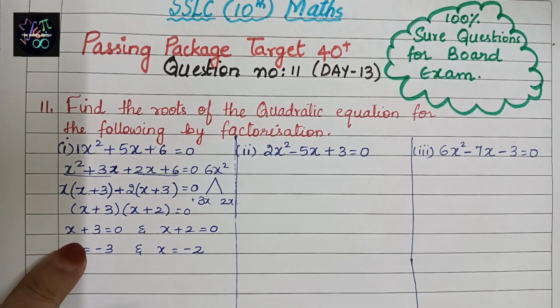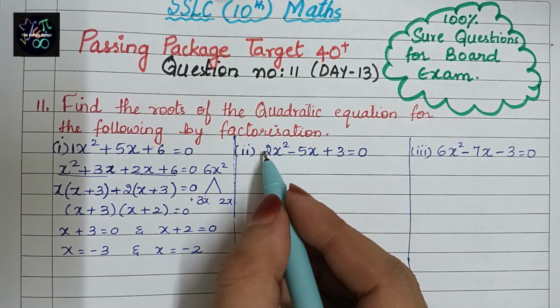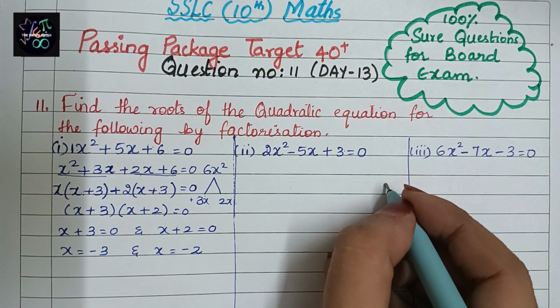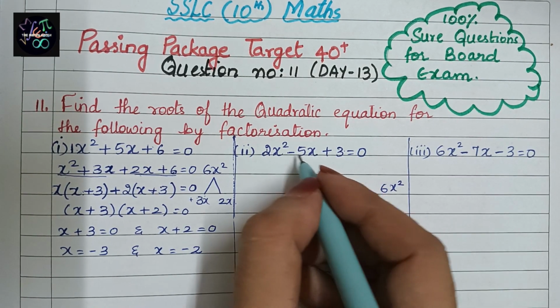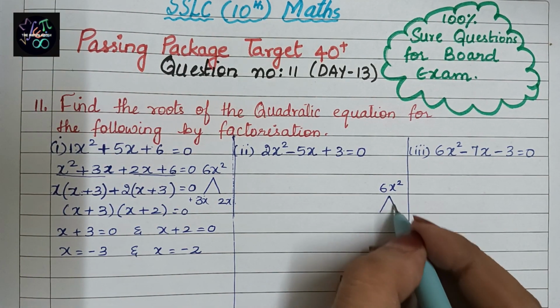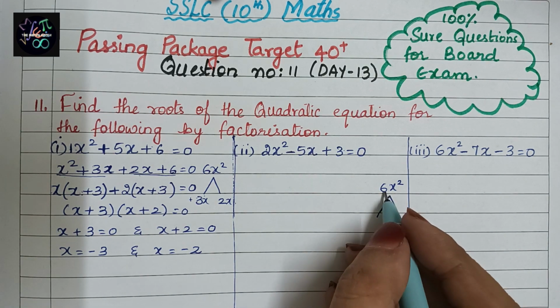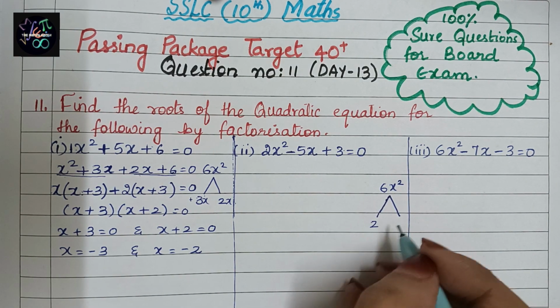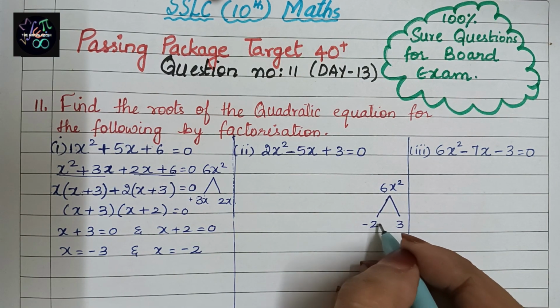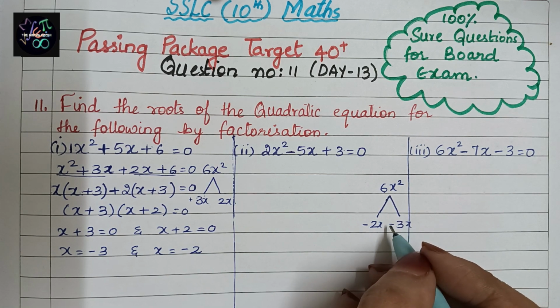Okay, let us see the second one, how we have to solve. First and last number we should multiply. 2 3s are 6. Again the same thing, we have got 6x square. But we can see here minus 5. Here we had got plus 5. Now we should find two factors in such a way that we should get minus 5x. So 2 3s are 6 only. But here minus 2x minus 3x, because minus minus is plus but the sign will be minus.